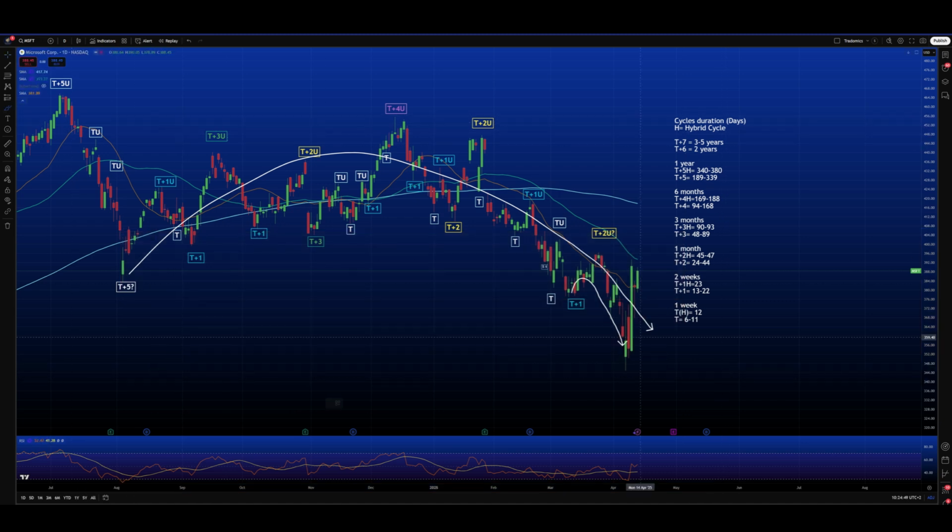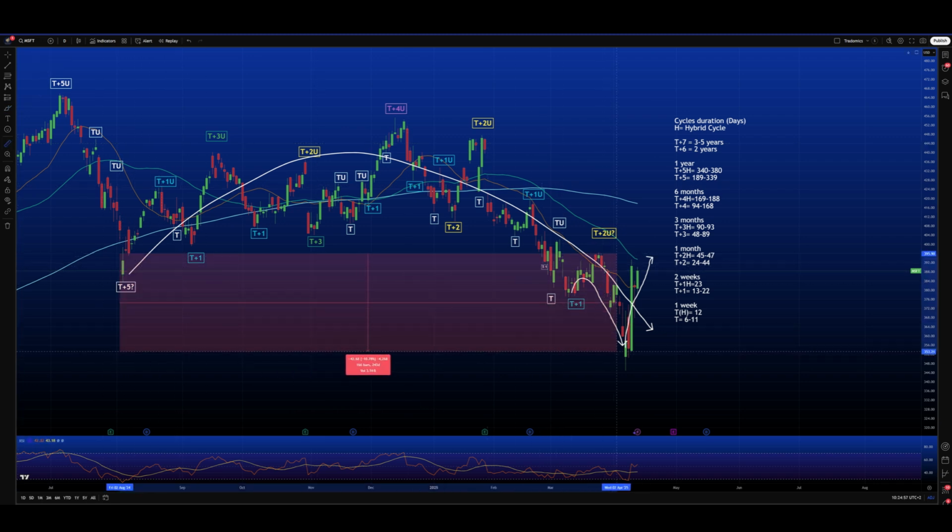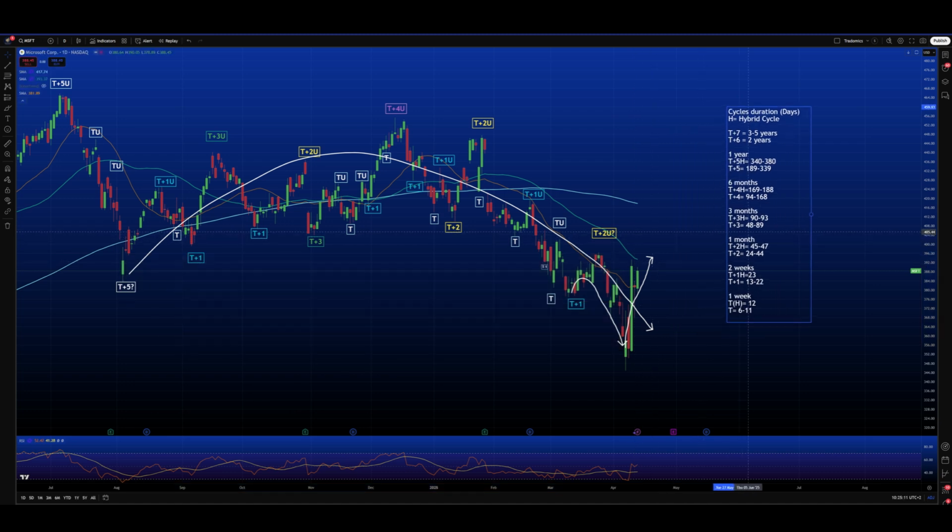If this is a new cycle that is about to begin, it can be not just a T plus 2 but something more, because here we have all the necessary and sufficient conditions to close a T plus 4, and the maximum is 168 bars. Here we can potentially have a really nice bounce to the upside, but this is a bounce that might have the duration of a monthly cycle.